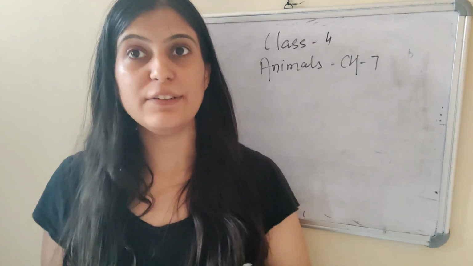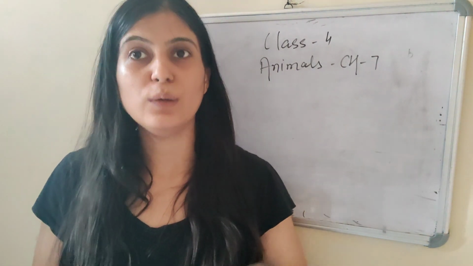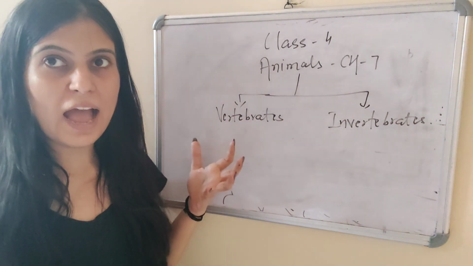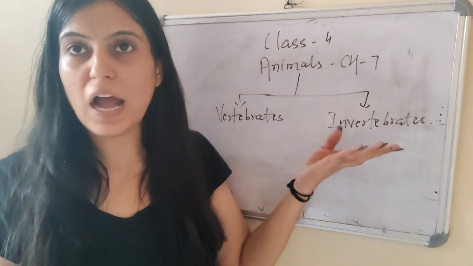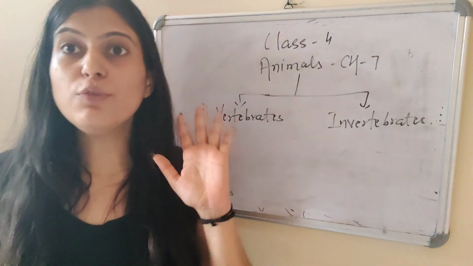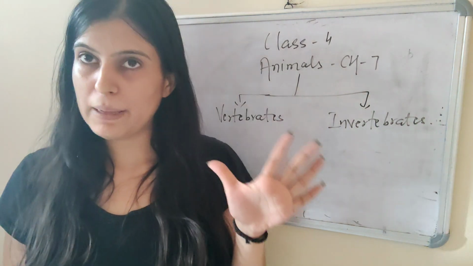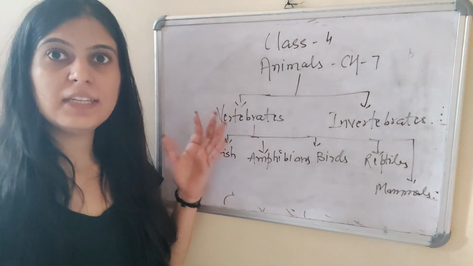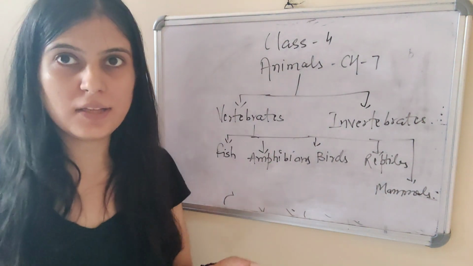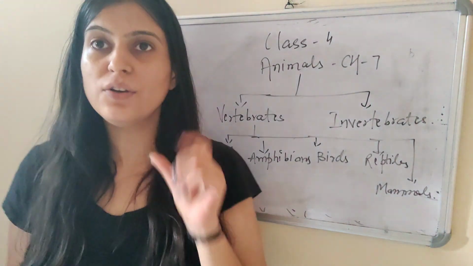You know that there are different types of animals found. The animals are divided into two groups, that are vertebrates and invertebrates. Vertebrates are those which have a backbone, and invertebrates are those which do not have backbones. Vertebrates are further divided into five groups, that are fish, amphibians, birds, reptiles and mammals. So vertebrates are those animals which have a back. For example, us. We are considered as mammals, and we have a backbone through which we can stand straight.